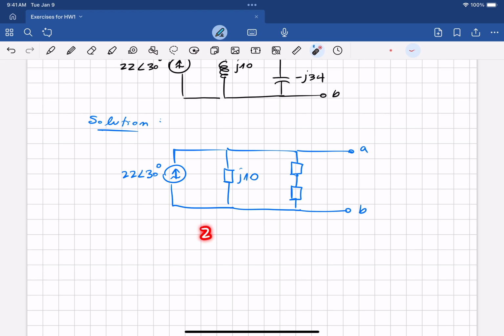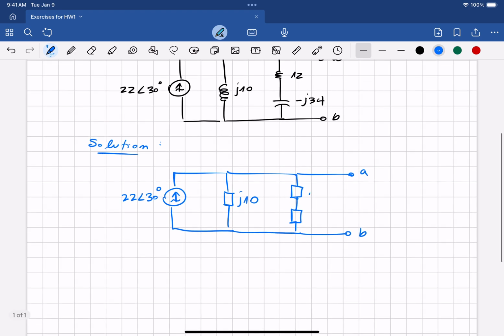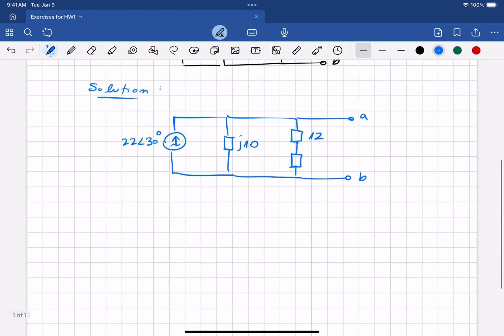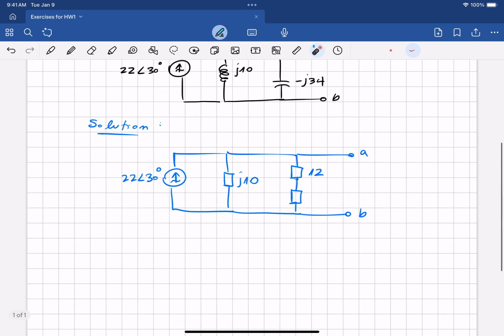The Z of an inductor is j omega L. Omega is positive, L is positive, so the impedance related to an inductor is always positive imaginary. For a pure resistor, we always are gonna have only a real part that is positive also. And for capacitors,